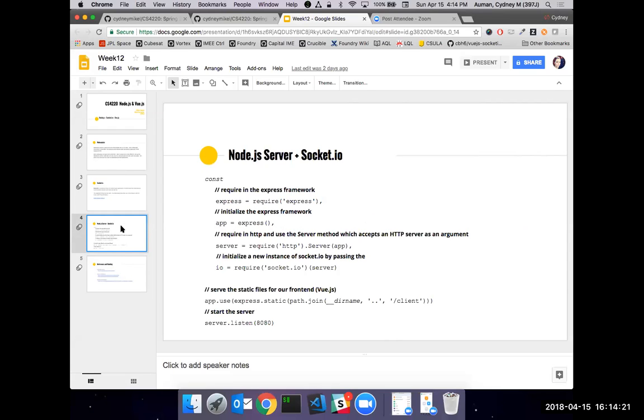So creating a Node server that uses Socket.io is not that difficult. It's actually a very, very simple process, just like a lot of things in Node are. I know it's kind of hard to read, but I just wanted to inline some comments so you guys know what's happening as we write this stuff in our demo today.